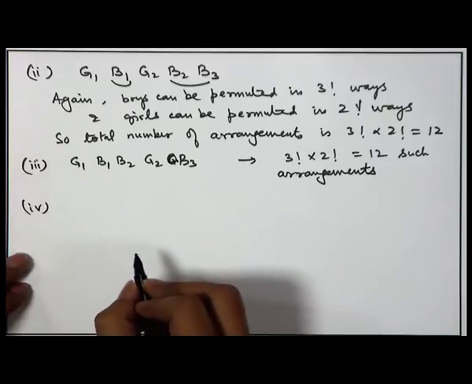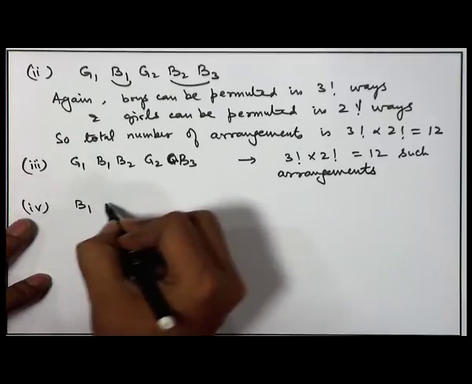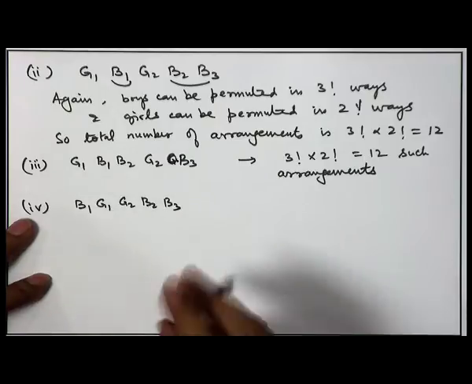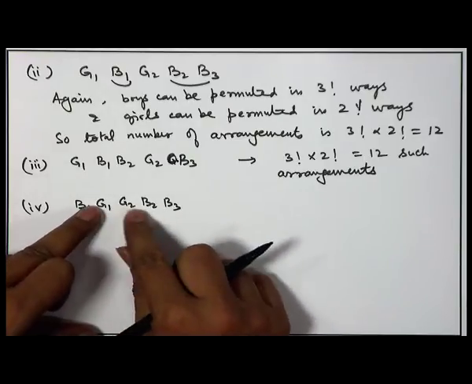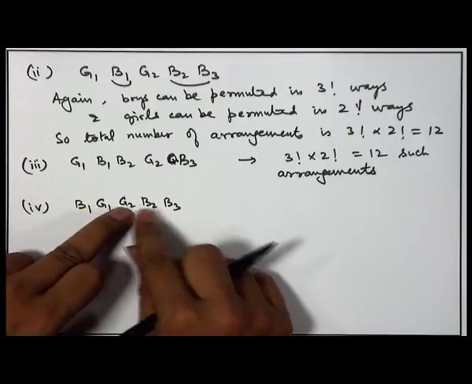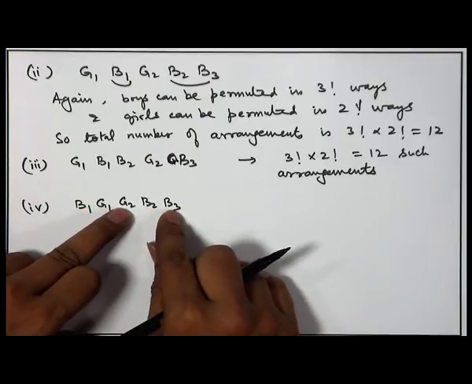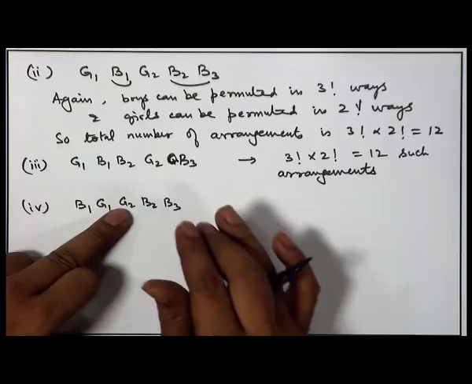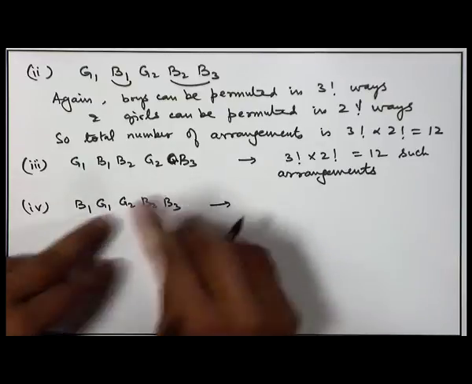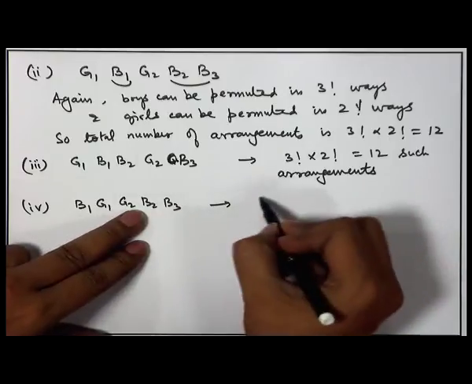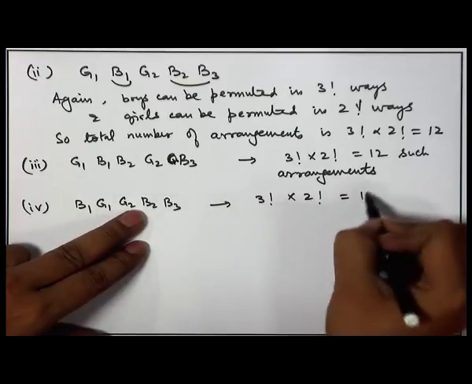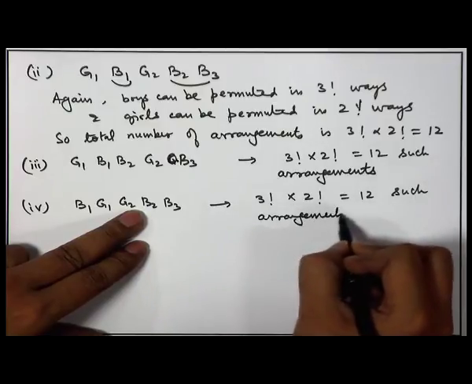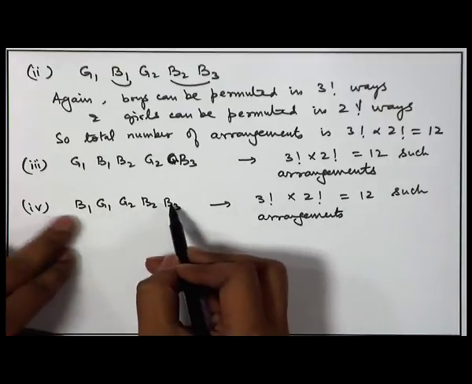Another possibility is that you first have a boy, then the 2 girls, and then the 2 boys. Again let us look at the condition. Ahead of the first girl there is 1 boy, ahead of the second girl there are 2 girls... more precisely, ahead of the first girl there is a boy and no girl, and ahead of the second girl there are 2 boys and 1 girl. Again the condition that the number of boys ahead of every girl is at least one more than the number of girls ahead of her is satisfied, and again because of the permuting of the girls and the boys, you have 3 factorial into 2 factorial, that is 12 such arrangements, in which at the first place you have a boy, then 2 girls, and then 2 boys.